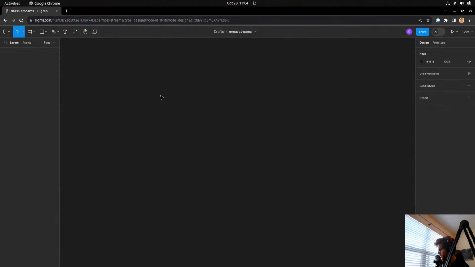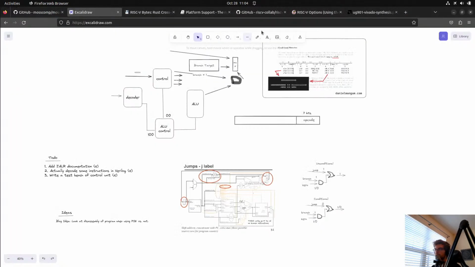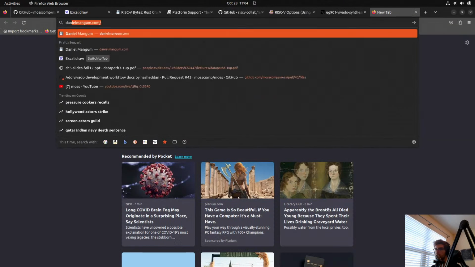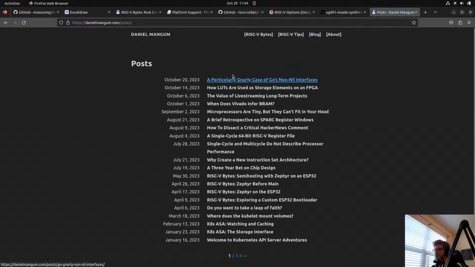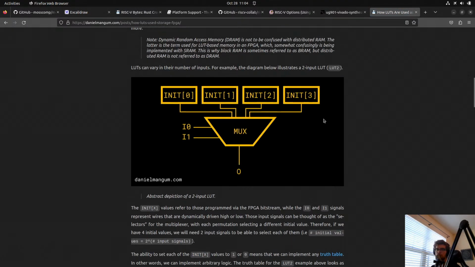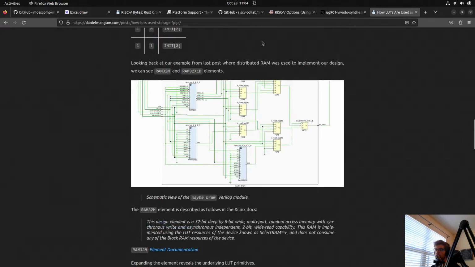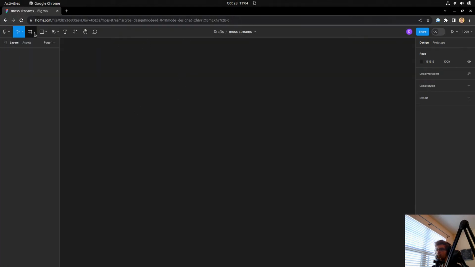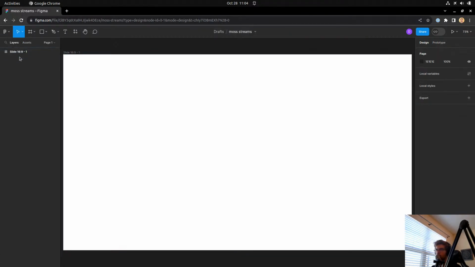I'm not a Figma expert by any means, but I do use it for a lot of the artwork on my posts. You may have seen it. If we look at something recent like this one, this is all made in Figma, and it's a little more exact. You can do a lot more, but you lose out on some of the quick prototyping of Excalidraw. The idea I had for using Figma is that we could do a 16:9 for each show.